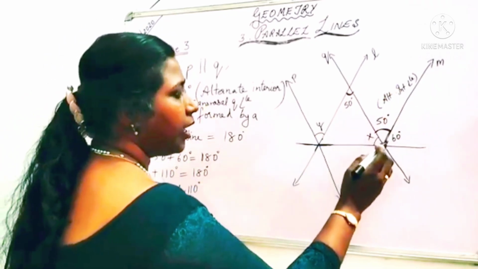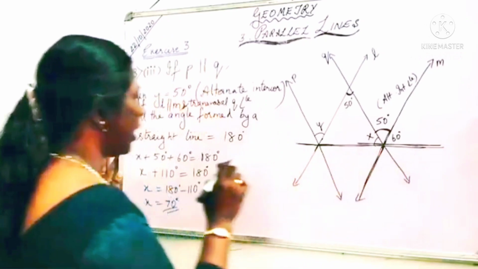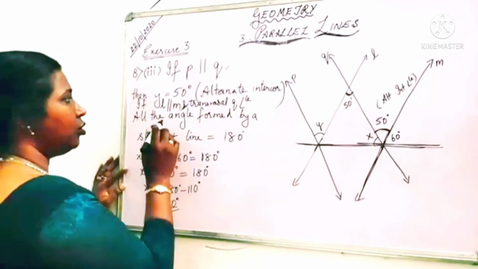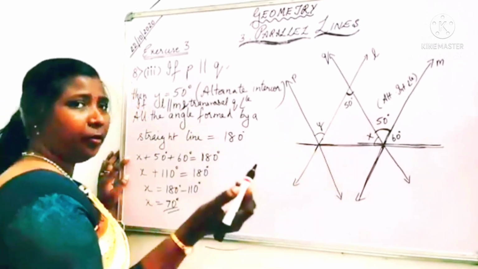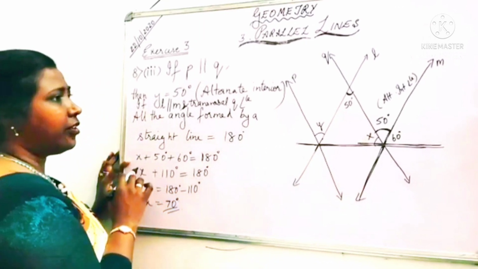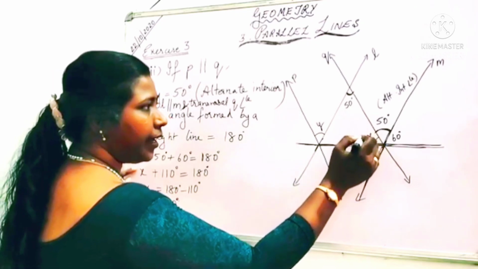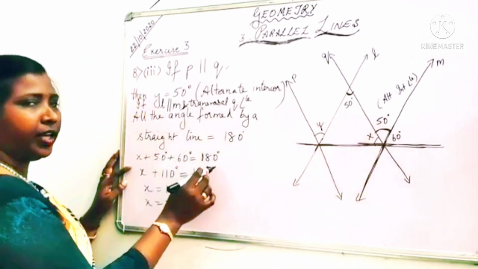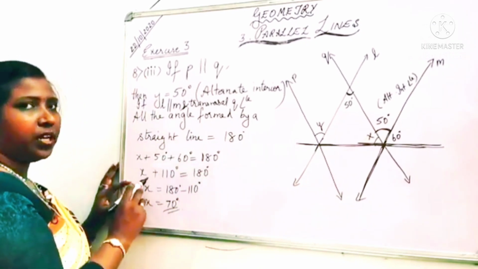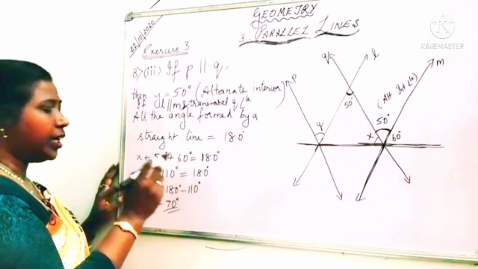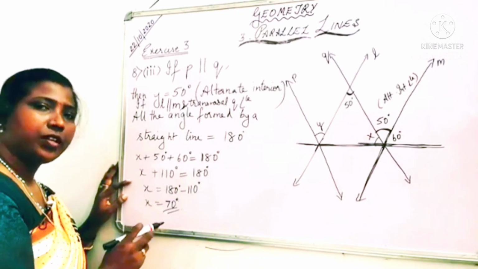By that, can I form an angle? Now here a straight line is there. By this straight line, can I form this angle X? So all the angles formed by a straight line are equal to 180 degree. That is a linear pair. So same thing. Now what are the angles at this point? X plus 50 degree plus 60 degree is equal to 180 degree. That is X plus 110 degree is equal to 180 degree, and X is equal to 180 degree minus 110, that is X is equal to 70 degree.